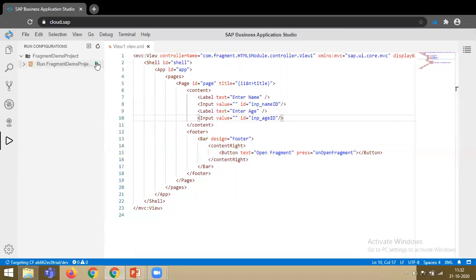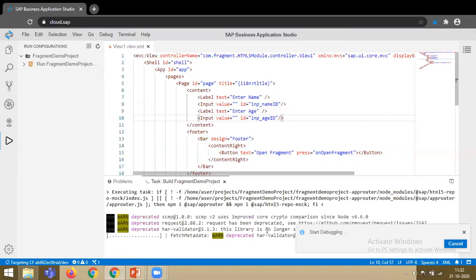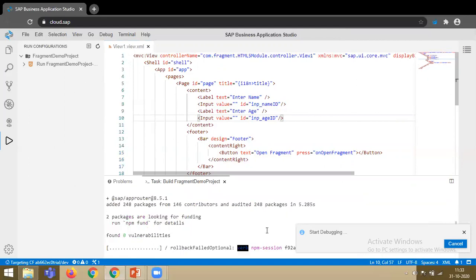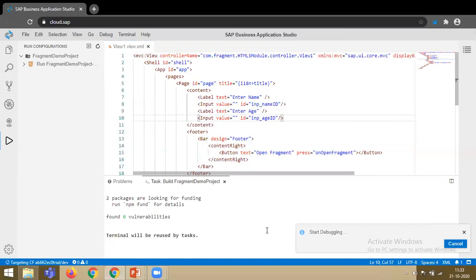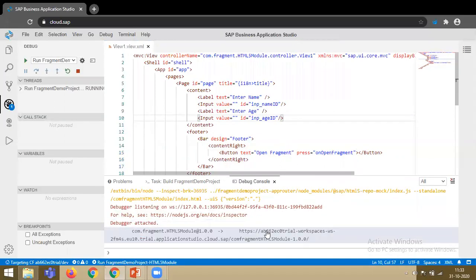Now I need to run this run module. Just click on this. Now my application will start building so that it can run in a new tab. Just wait for a couple of seconds.